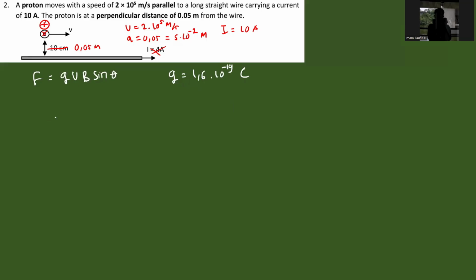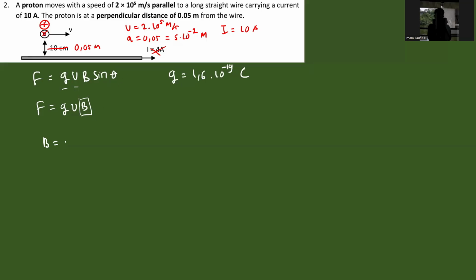Later. First of all, we know the Q, we know also the V, and sine theta will be 1 since it's perpendicular, or 90 degrees. So sine 90 degrees is equal to 1. So we have F equals QVB, just this. But we still didn't get information about B. So we have to find the B first, for the magnetic force acting on the proton by a current carrying